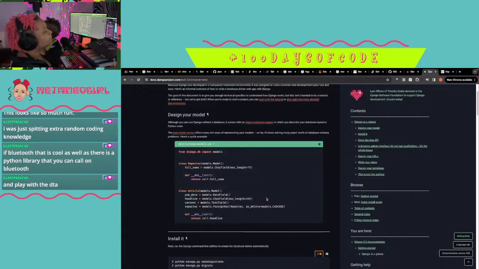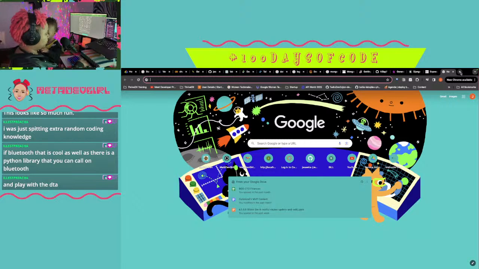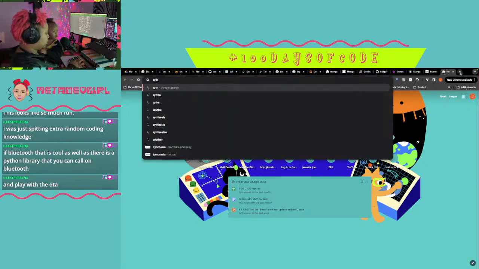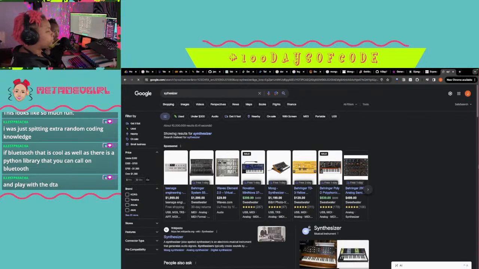The synthesizer I want though, there's so many good ones out there. In Bluetooth, there is a Python library. Okay.